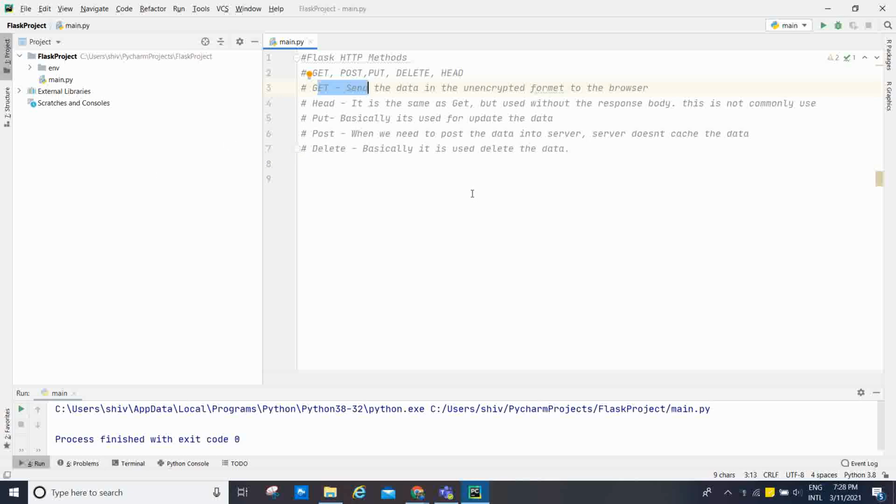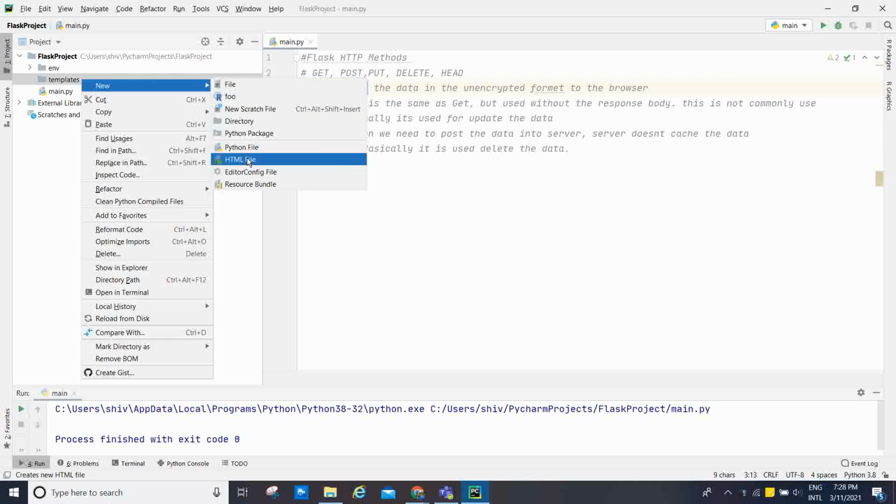To handle the POST request at the server, let's first create a form to get some data at the client side from the user, and we will try to access this data on the server by using the POST request. Now I am going to create one directory, that is templates. This is very important when I show the structure of the folder that you create during a Flask project: every HTML file has to reside in the templates folder. If it does not, then it will give you an error.